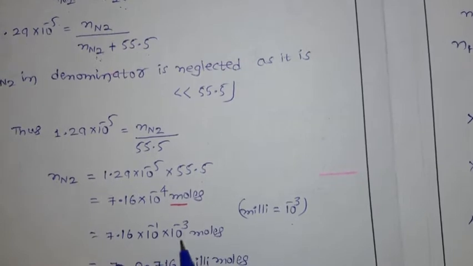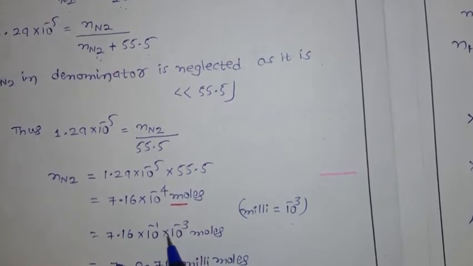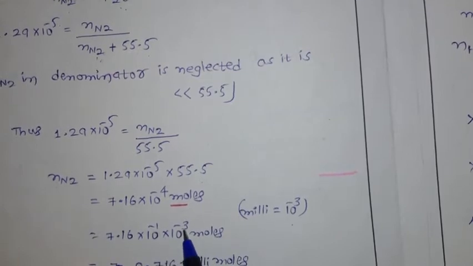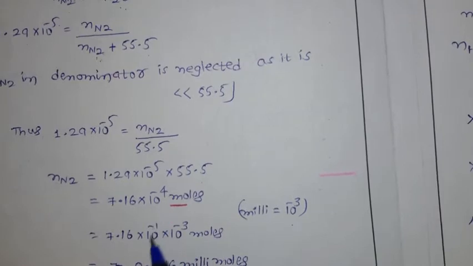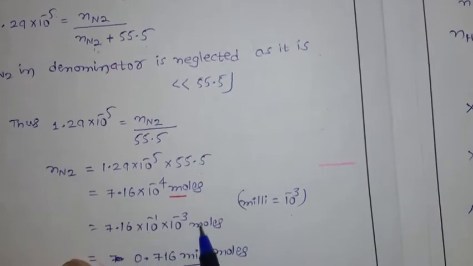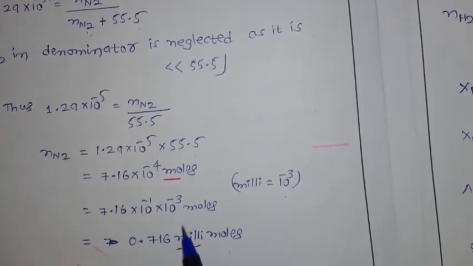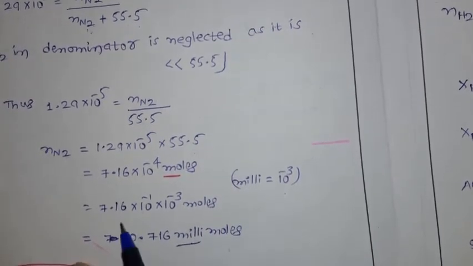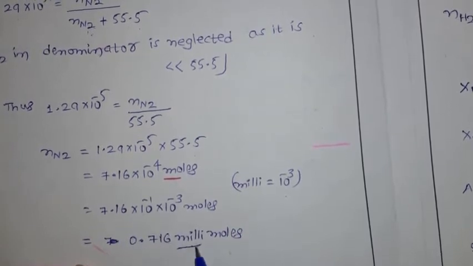As you know very well, when bases are the same, exponents you can add. So simply, 10^-1 and 10^-3 means 10^-4. So I am going to write 10^-1 into 10^-3. This 10^-3 I am going to substitute with milli. Why? Because they ask millimoles. So if you multiply, 10^-1 means nothing but 0.715 millimoles of